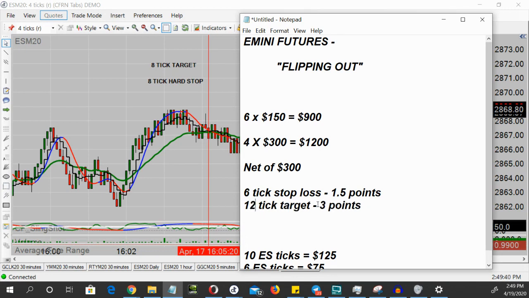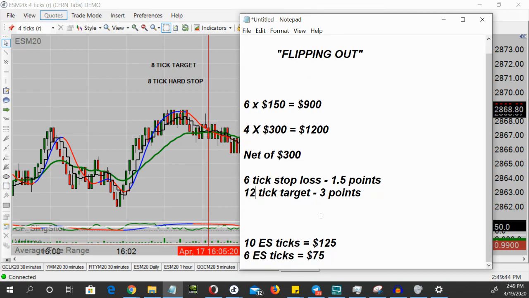A 12 tick target is 3 points. You can adjust it in that manner, or you could go with